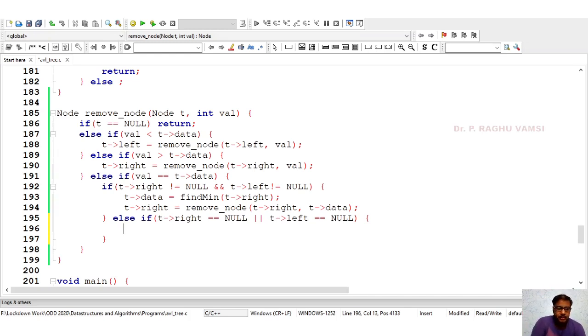So what I will do is call the node old node. If t left is available, that means if t left is not null, then just assign t left. Otherwise, you assign t right.